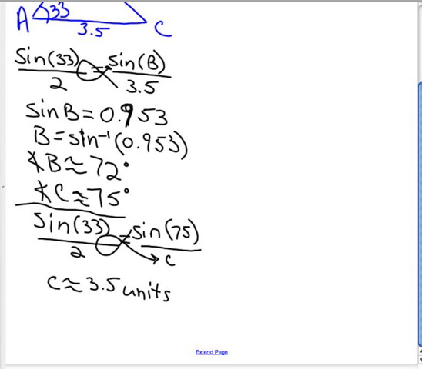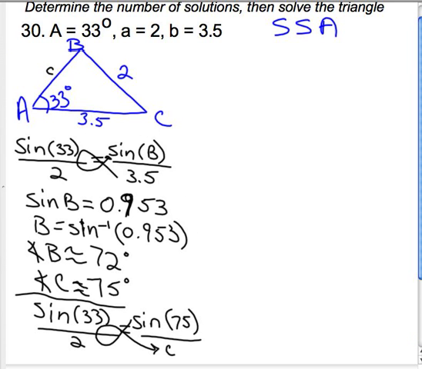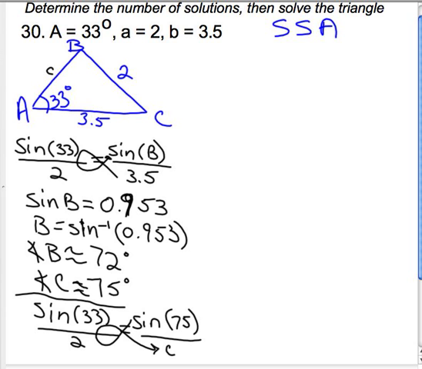Now that's just one. I was able to create one triangle from this information. I now have to see if it's possible to create a second triangle. All right, so all this is for triangle number 1. If there is triangle number 2, my original picture stays the same, but if there are two solutions, remember I started by finding angle B? If there are two solutions,